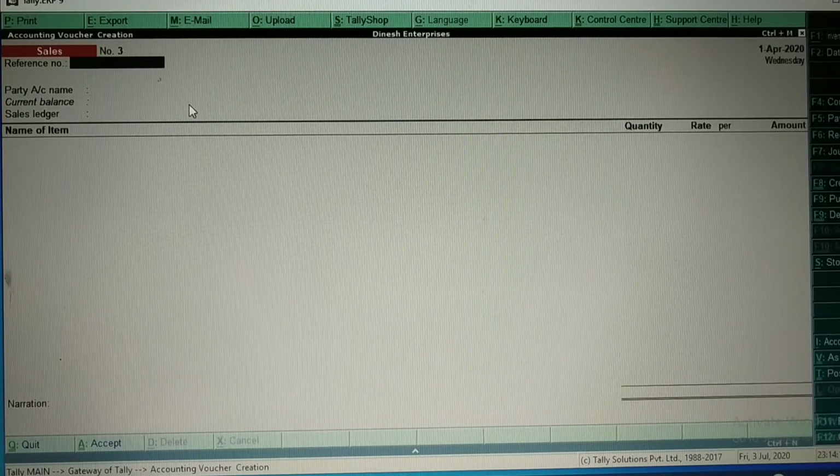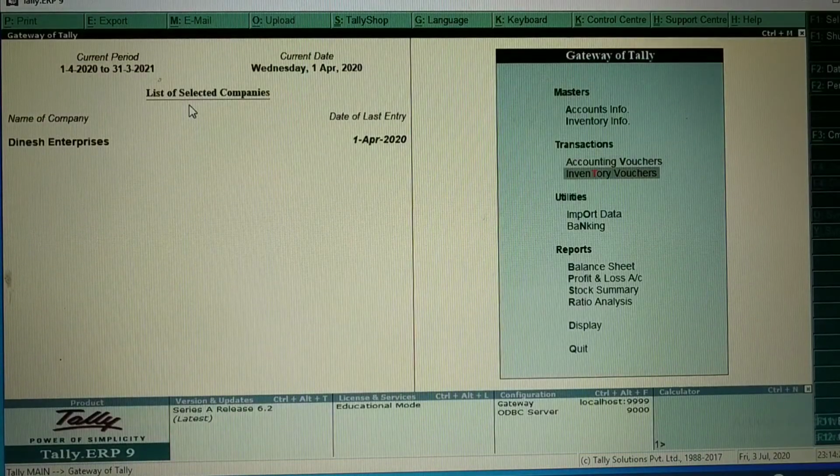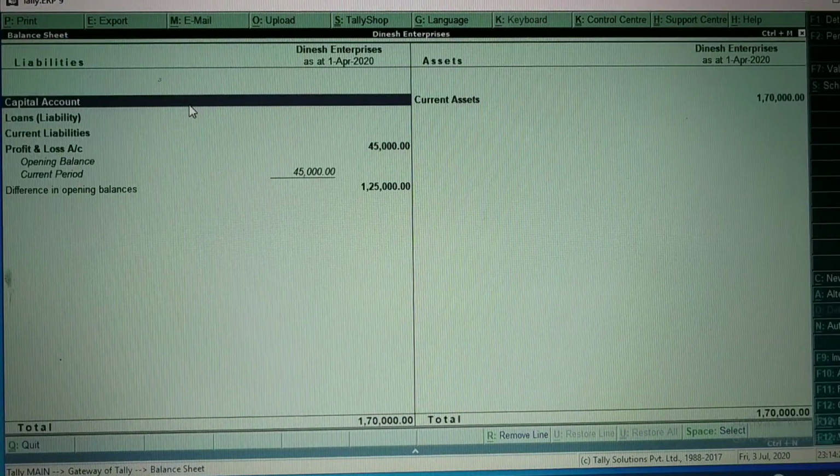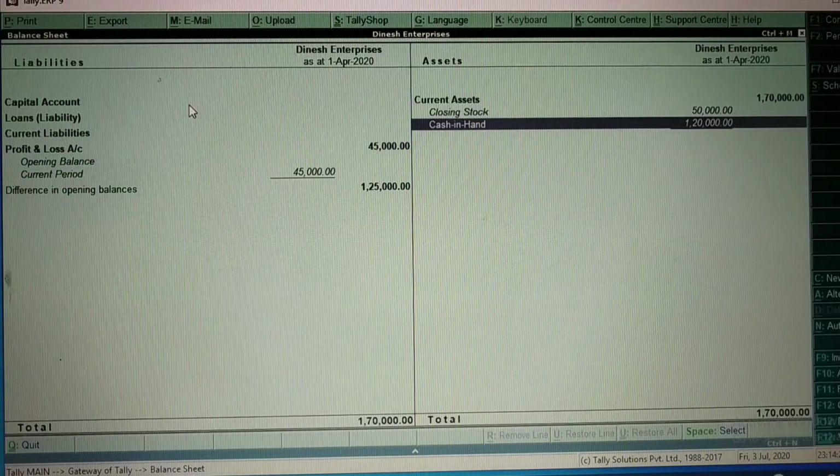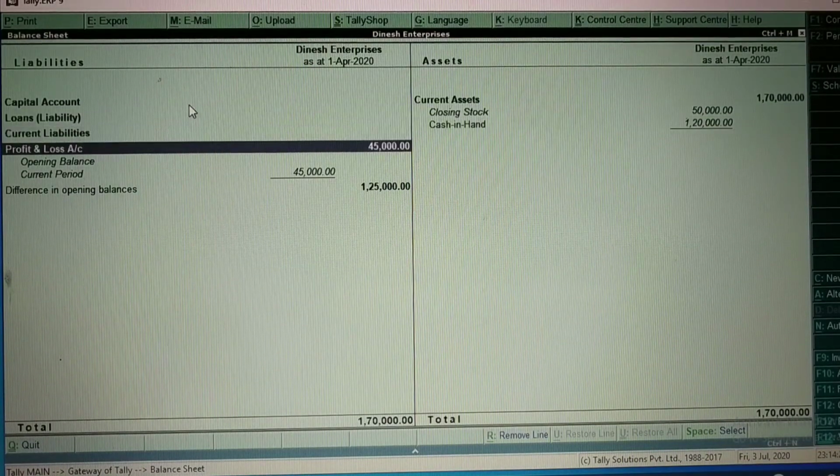Now here you can check the balance sheet. Press B, press Alt F1. Then here you can see how much it was before. Now you can see the opening balance is 1,25,000, because this opening balance is showing here since you have taken that item as an opening quantity.